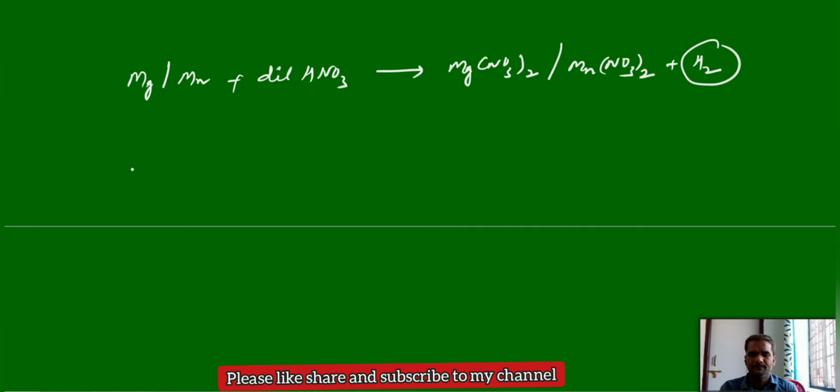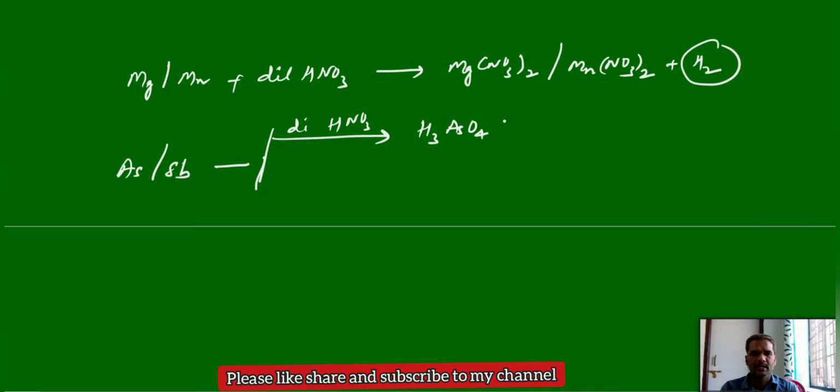And similarly, metalloids, these are the metals. Next, reaction with metalloids. Let me take the metalloids arsenic and antimony. These two are the metalloids. When you treat with metalloids, again under dilute and concentrated conditions, with dilute HNO3, instead of nitrates we will get acids. In both cases, you will get arsenic acid or antimonic acid, and another byproduct is nitric oxide.